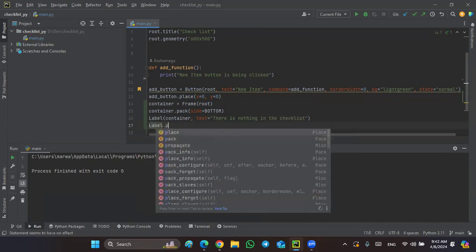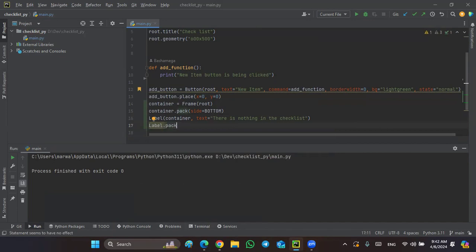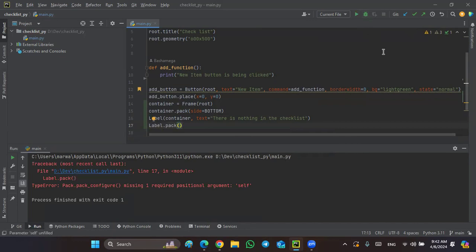So label.pack, and I am just not going to pass it anything. So now if you run it,